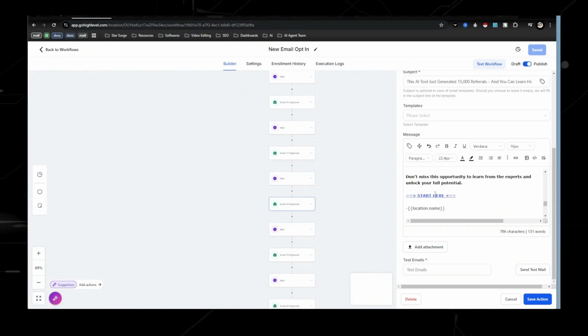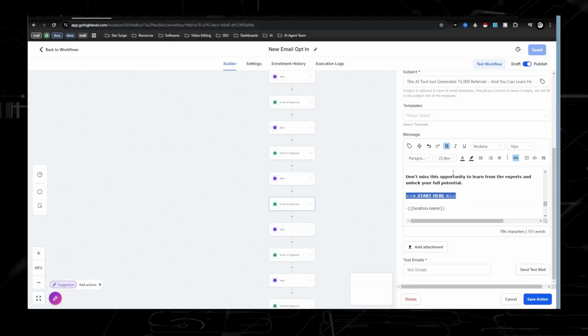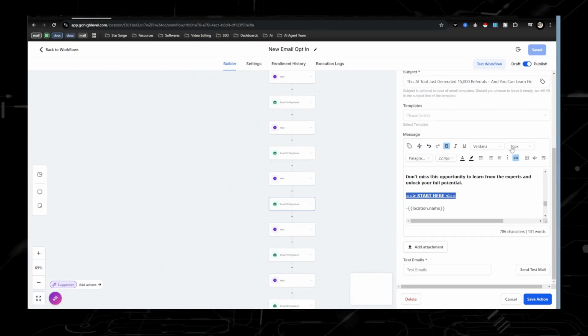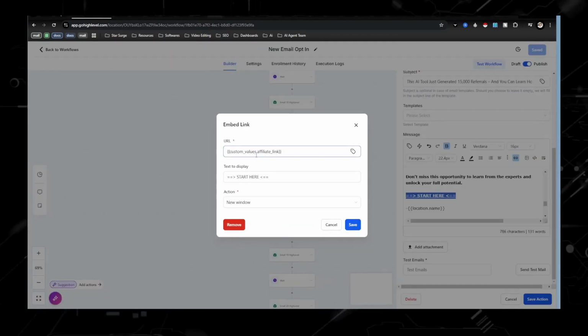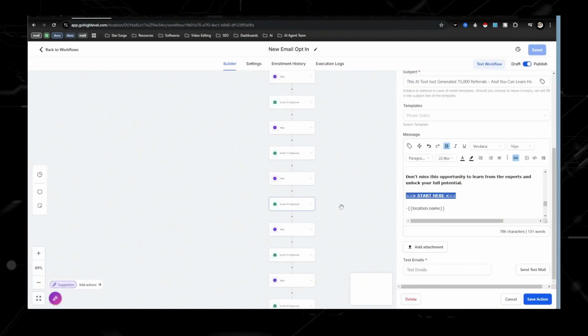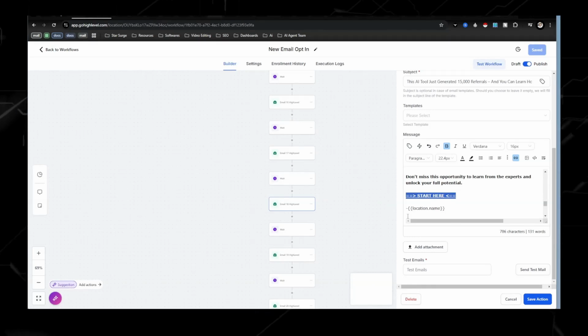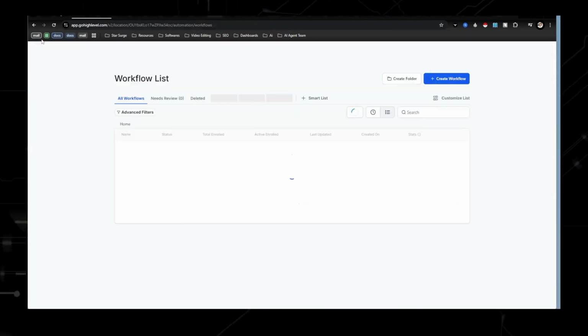So the reason I do this is because if everyone was importing my snapshot, it would mean that they would all have to go in here and delete my affiliate link instead of your guys's. Now, it would be cool if I could just use my affiliate link and still get the credit, but that's not the point. I want to help you guys start making money. So I put that custom value in there because once you guys get your affiliate link, all you would need to do is just go to settings.